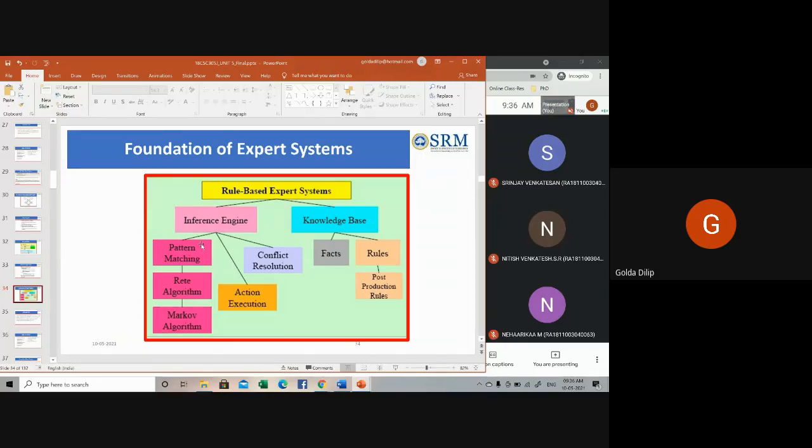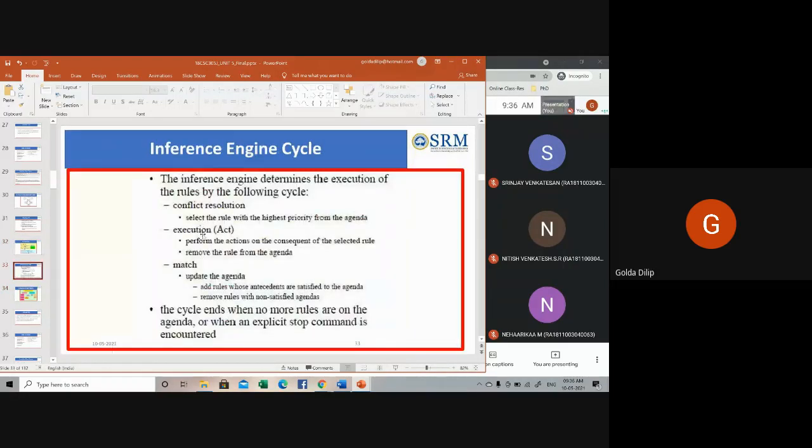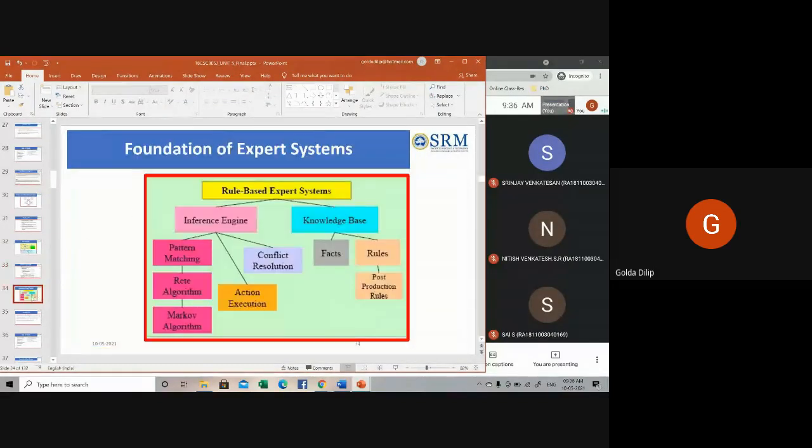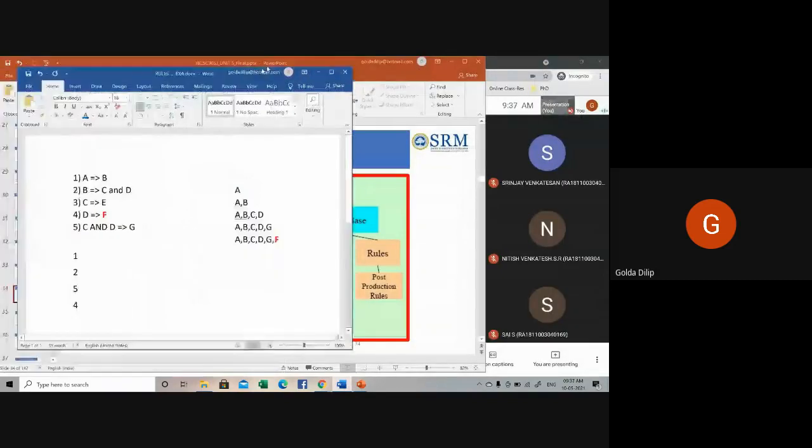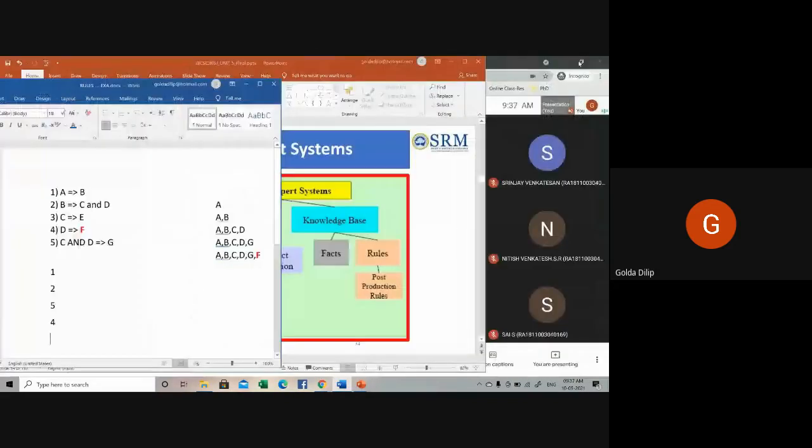On the right hand side, we had already discussed what the knowledge base is, consisting of facts and rules, the production rules, all these aspects. Now the inference engine is doing three things. One is conflict resolution. Let's take an example for this, to see how the inference engine helps in this process. I think we would have already taken this in the third unit. Let me tell that again because it's significant here.